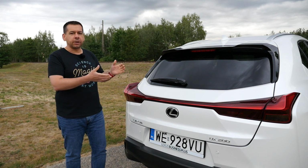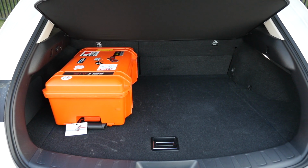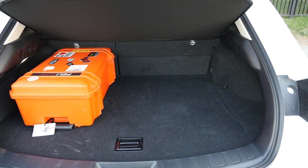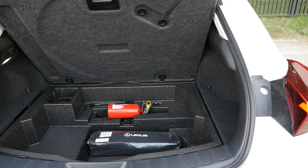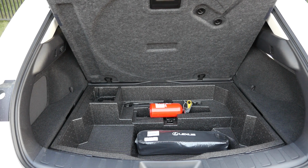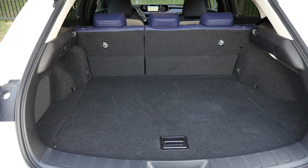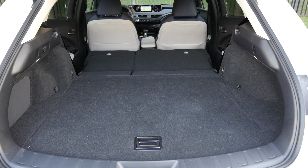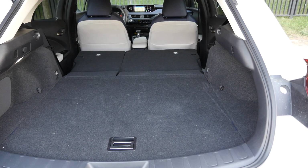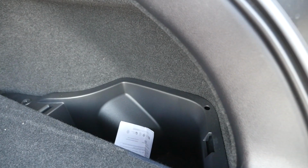Can you pack stuff in it for vacation? If you're a 40-plus woman and you vacation alone, then yes. 334 liters to the window line, including underfloor storage, is what you get in the Hyundai i20. Subcompact crossovers usually offer around 450 liters of cargo space, and in the UX, if you decide to go with the hybrid, you get even less. 320 liters. Go for all-wheel drive hybrid and the boot shrinks to 283 liters, which is about the size of